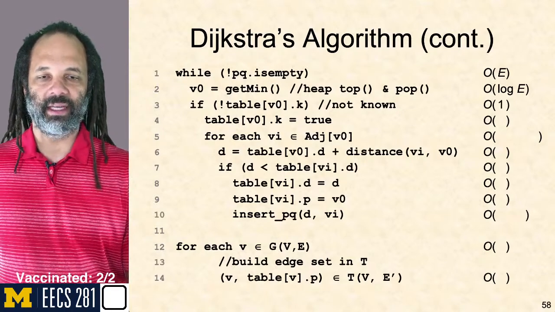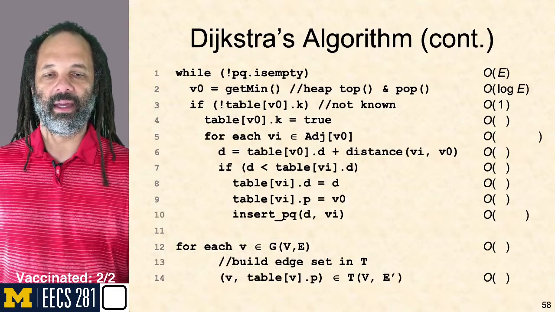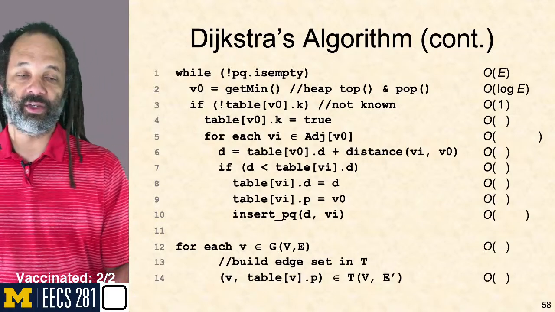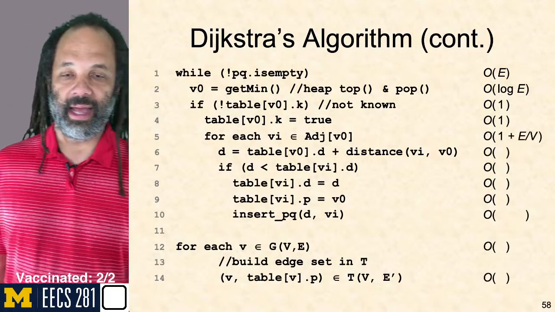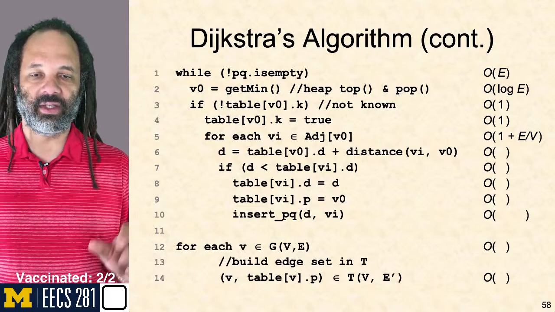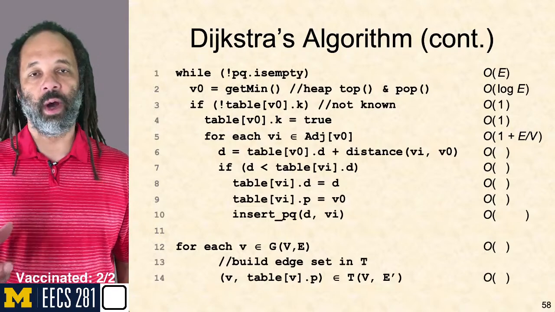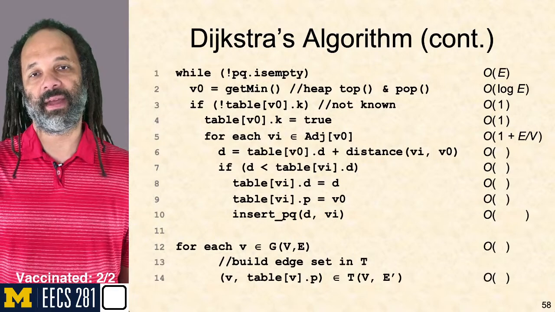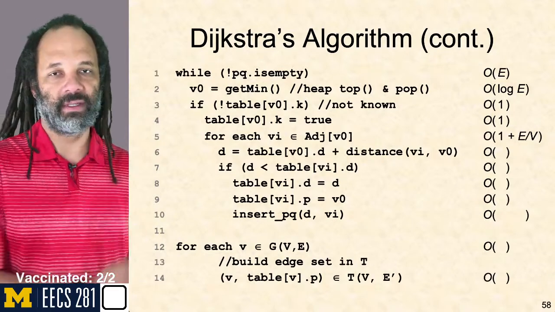I can check that to see if it's not known. That's just checking its K. Get it in constant time. Set it to true if I haven't. Then as I look for all of the things adjacent to this current vertex, that's 1 plus E over V, right? We found where that thing is in the table and looked at all of its